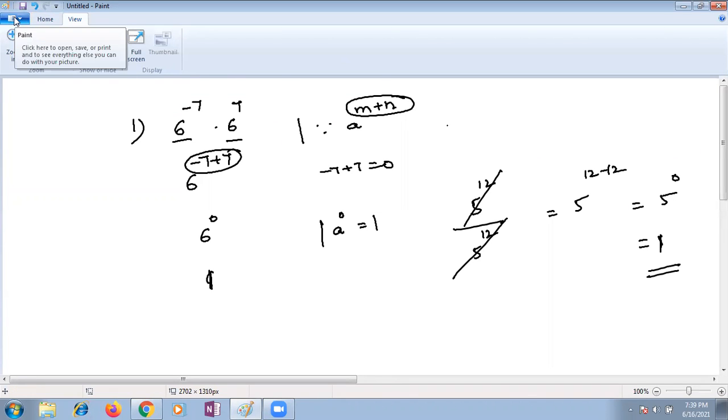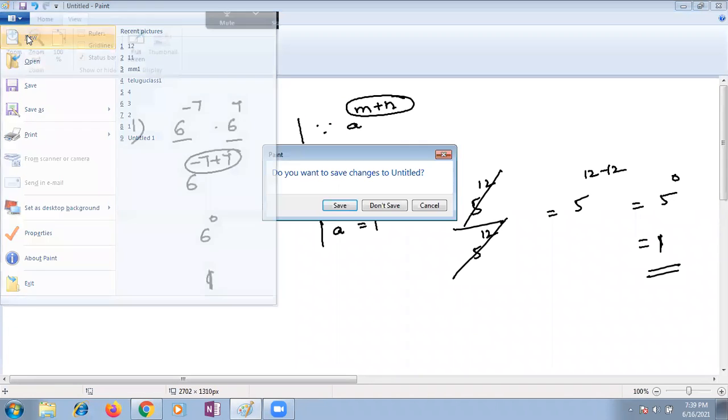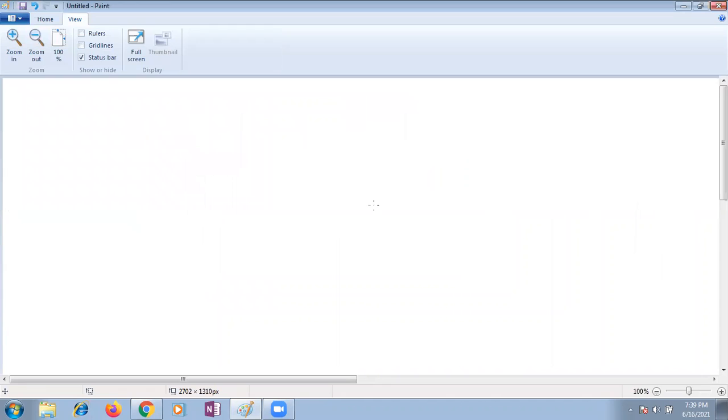Ma'am, I have a doubt in the last law. Which law? The last negative exponent law. Children, if you do more sums on that, you will get an idea. It is a very simple law. See, a power minus n can be written as 1 by a power n. How do you get this? Let me take one example, 3 power minus 7. 3 power negative 7, I am unable to find.